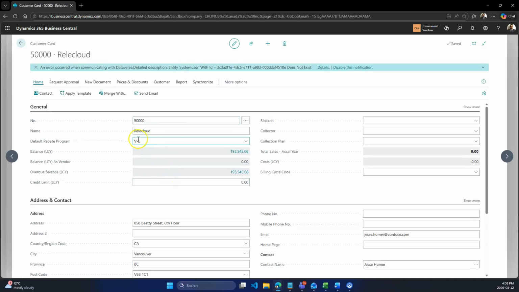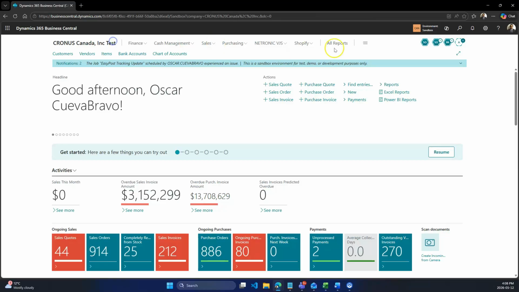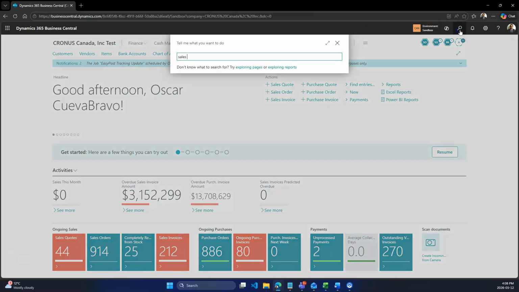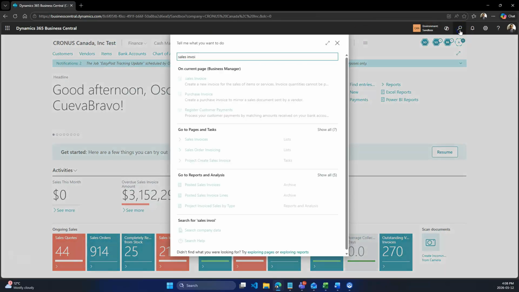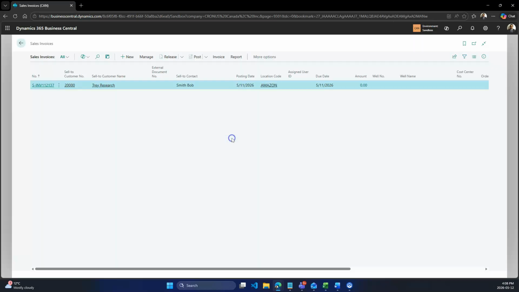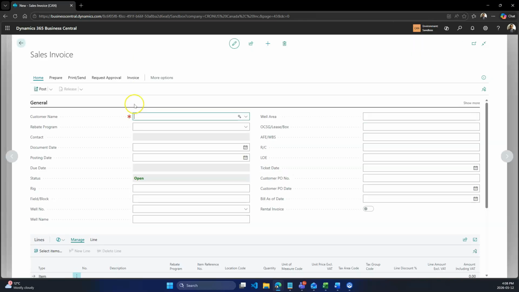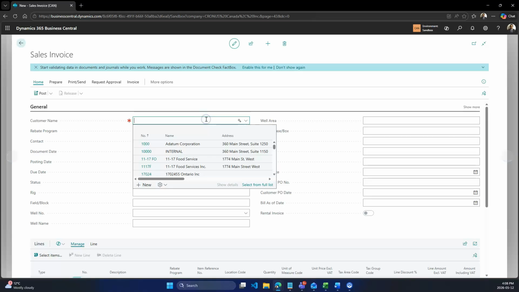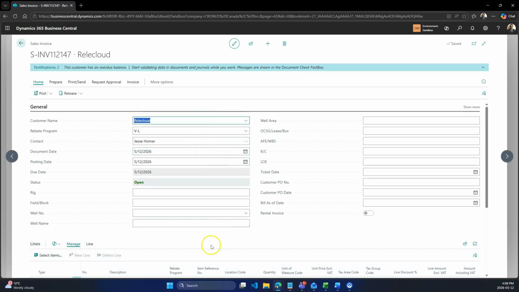And you can see here that we have a default rebate program assigned to this customer. Next, I'm going to create a sales invoice. And you can see here that the rebate program has been automatically assigned to the document because I have it